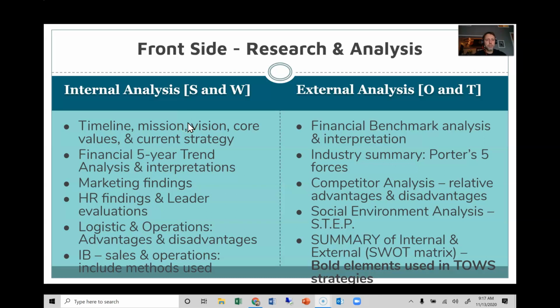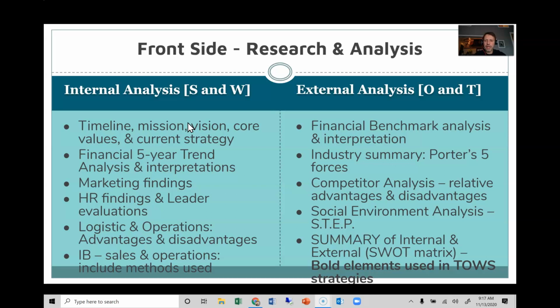So I just want to point you back to the front of the research that you've been working on. Much of this you've already turned in, and this is where you did all of the necessary research to understand what was happening in the industry using the IBISWorld Report, what's happening in the company, looking at the Market Line Advantage Report and the company website, and doing other online investigation.